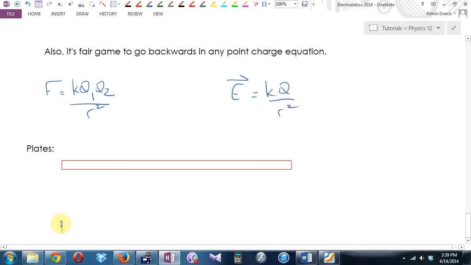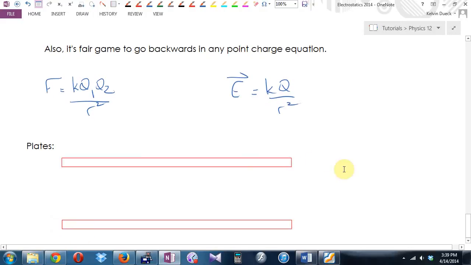Copy. Paste. There. A couple parallel plates. Okay. I will tell you the voltage. So what are some questions that I can ask? Well, first of all, I can say,